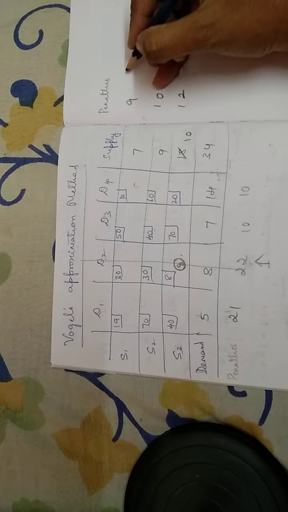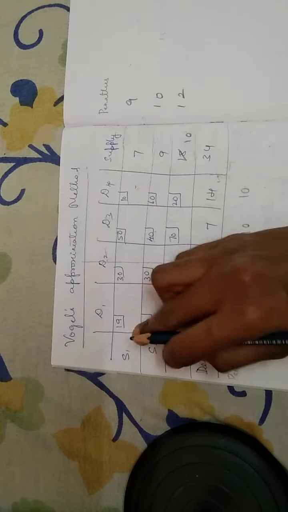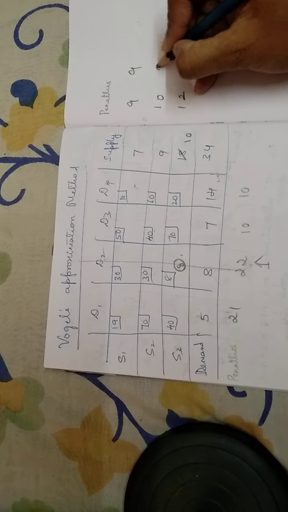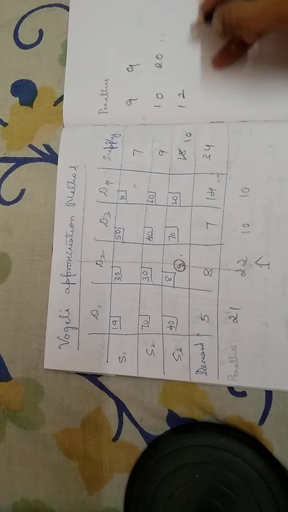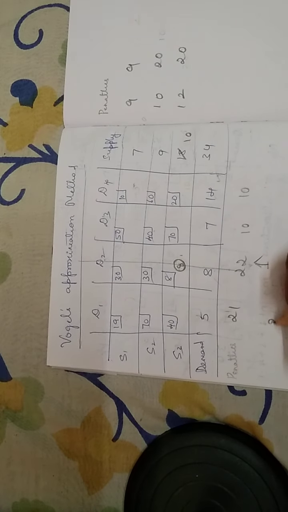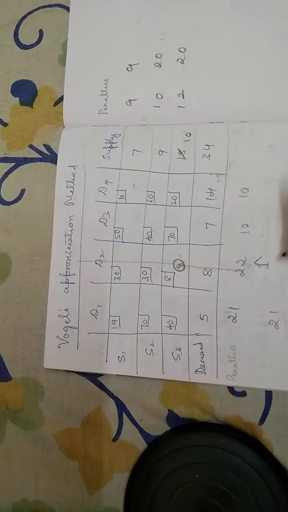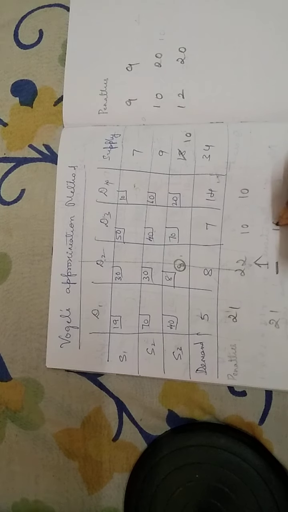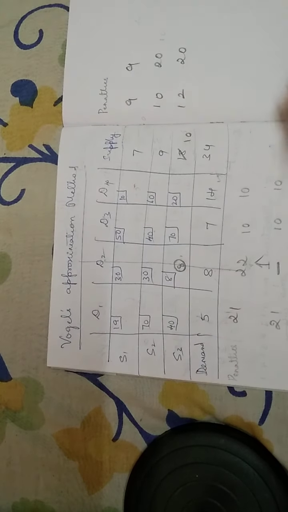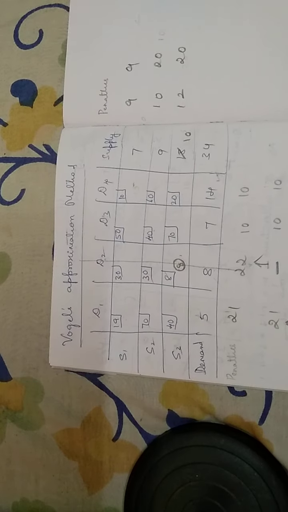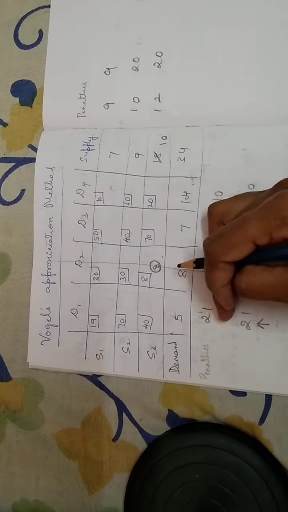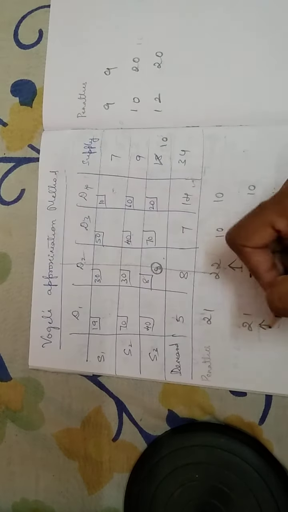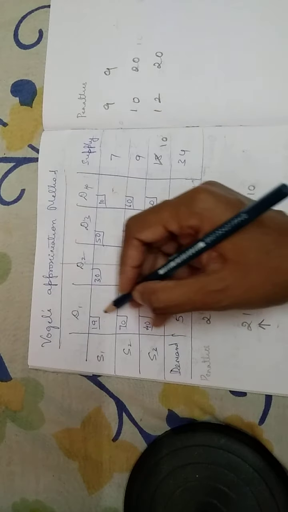Again I'll have to do the calculation here. So it will be 19 minus 10, 9. 60 minus 40 is 20. 40 minus 20 is 20. Again 40 minus 19 is 21. Here we can't calculate any penalty, so it is 10 here, it is 10. If you observe the values here, the maximum penalty is 21. If I go with this, the least cost is 19, right? From among the values here, 19 is the least value.